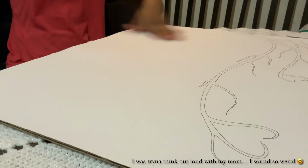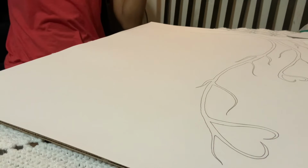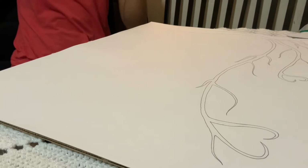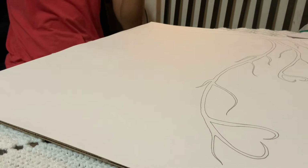I'm having trouble deciding what to do with my tree. Should I cut it out and paint it? Should I shade it in black? Should I shade it in purple? Should I...